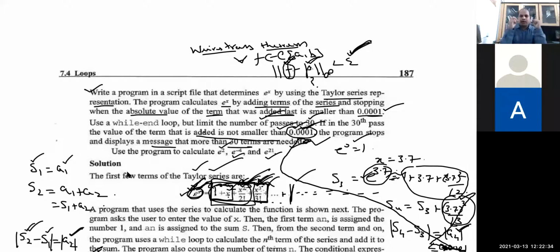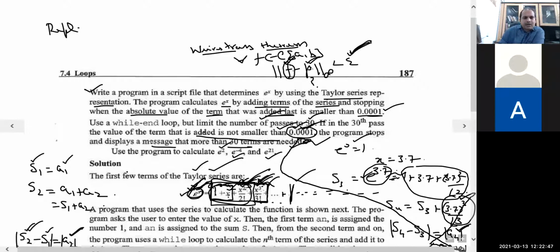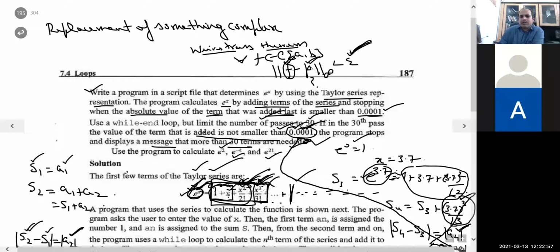Actually देखो, why whole approximation theory is needed? If you go back to that background, so actually you can say that a replacement of something complex with simpler one is called approximation.